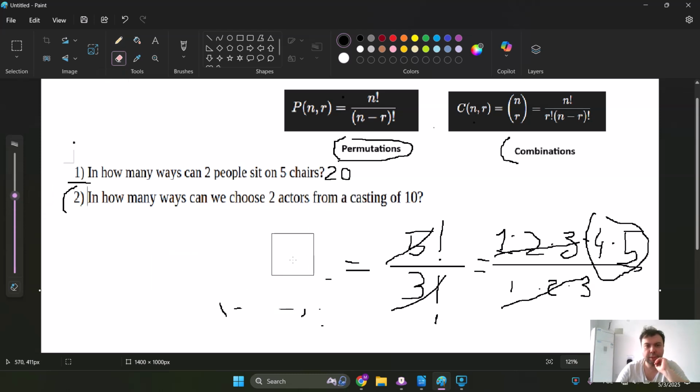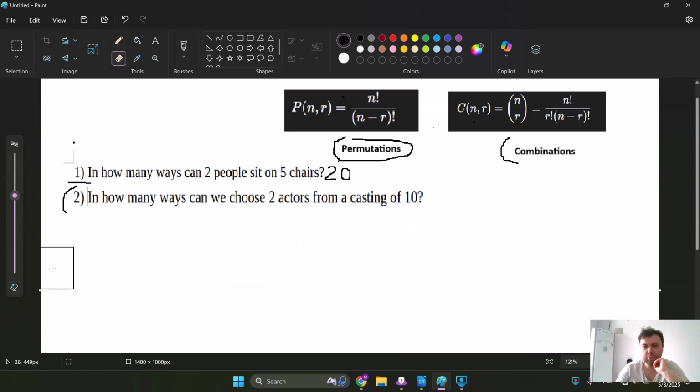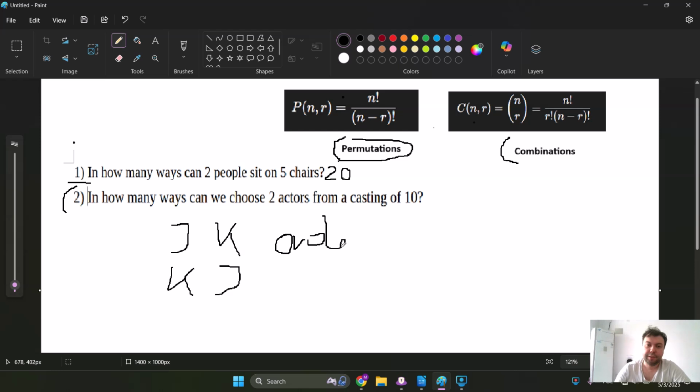In how many ways can we choose 2 actors from a casting of 10? Okay, so we need to choose 2 actors from 10. 10 people are trying, but we need to choose only 2. So order doesn't matter, because if we choose John or Kevin or Kevin or John, it is the same. So the actors will be John and Kevin. It doesn't matter if this one is first or second, or that one is first or second. It does not matter. So if order doesn't matter,